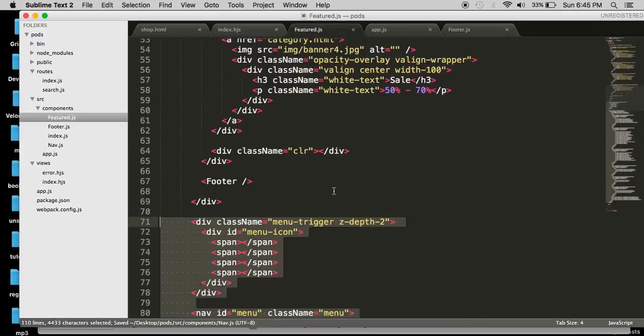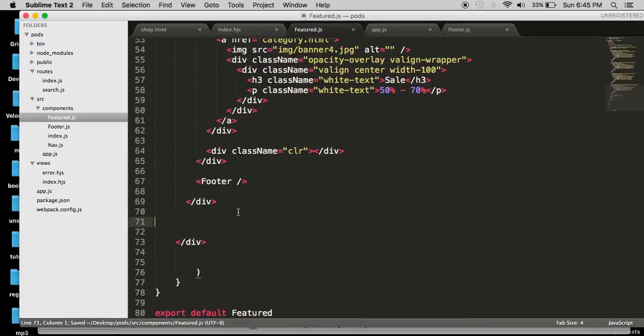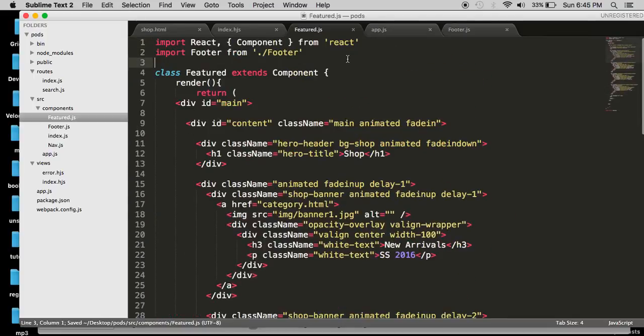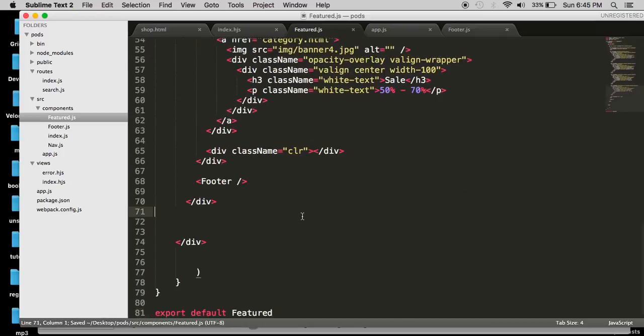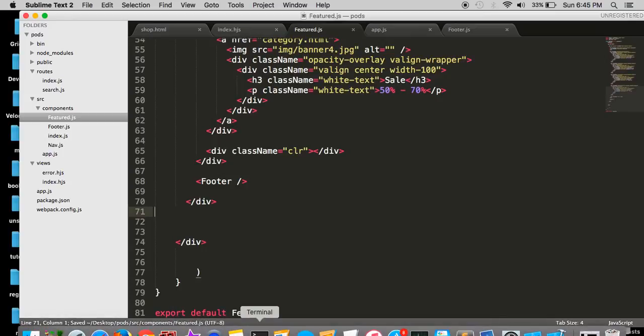All right. So here we get rid of that, and then let's import the nav from the directory, and then